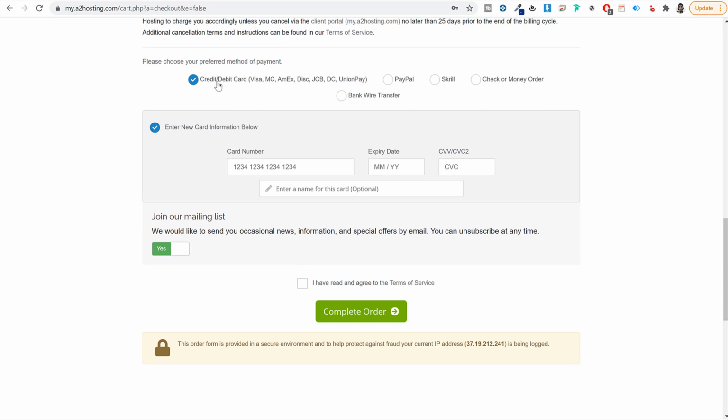Now most of you would be selecting credit or debit card. So just select this option and enter your card details. Now just remember one thing, only these types of cards are accepted over here: Visa, MasterCard, American Express, Discover, and a few more types. The reason I'm saying this is because many people in India, if you're watching this